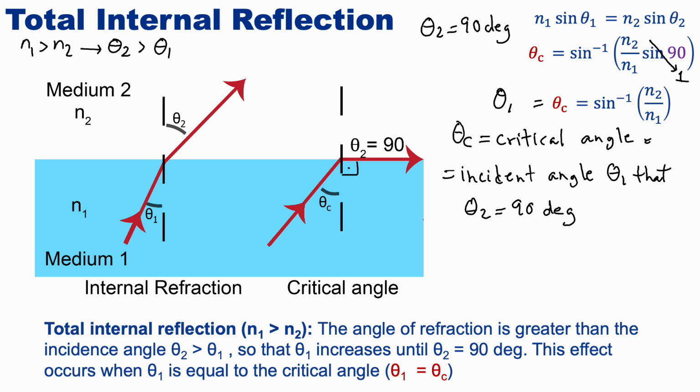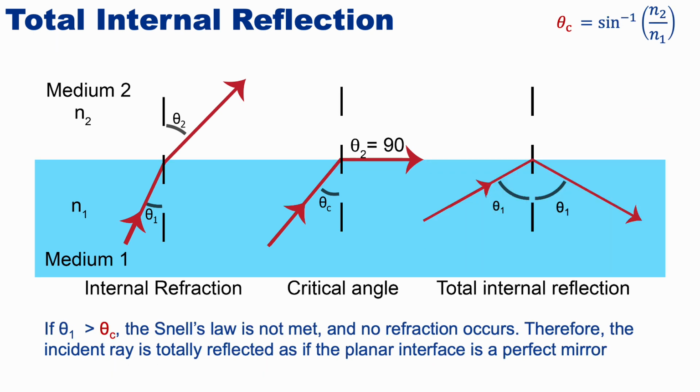So what is going to happen if we have an incident beam where the incident angle is higher than the critical angle? In this particular case, the interface between the two media is going to act as a mirror. So we're not going to have any refracted angle. We're going to have only a reflected